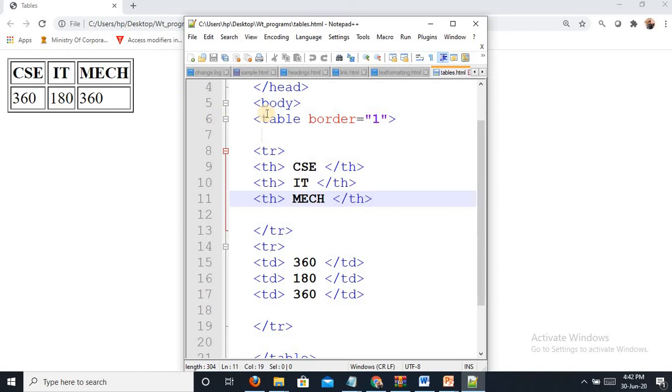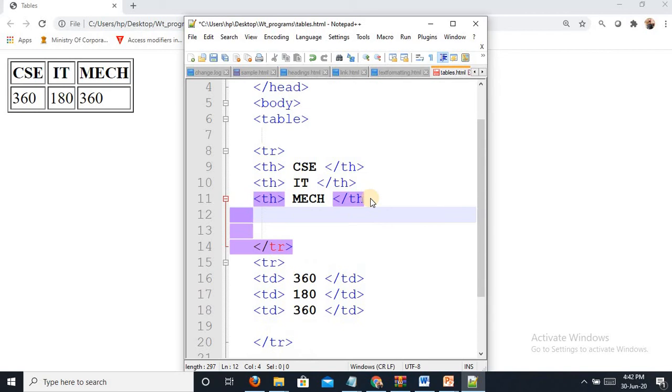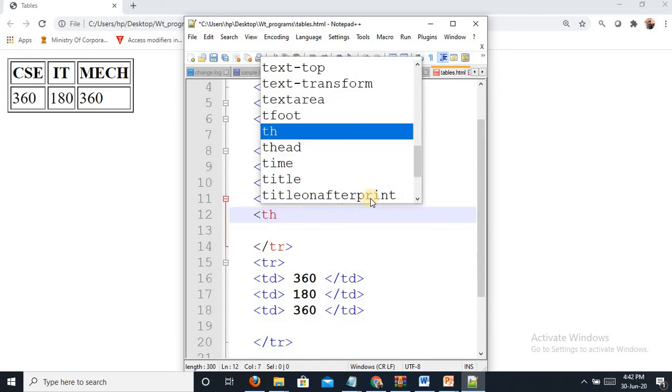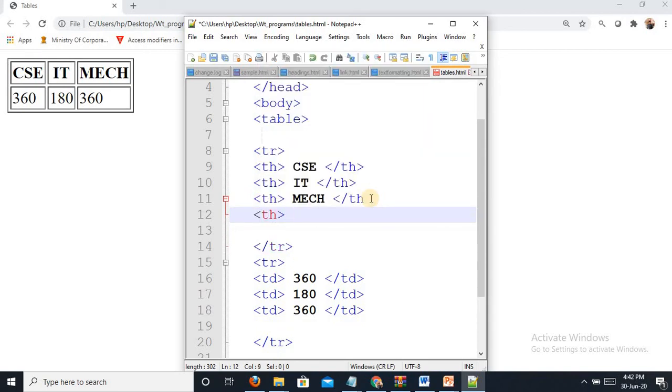So see this. I am removing this attribute, and I am adding another cell, th. I am saving it, and I am going to run.